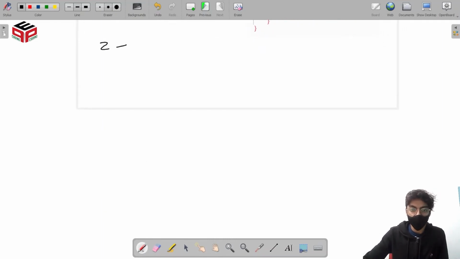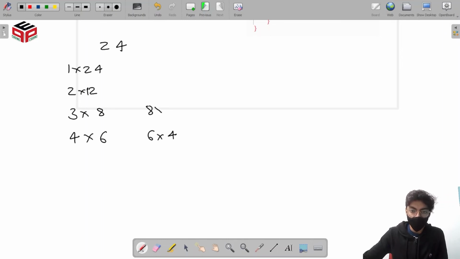Say we have 24. Factors are 1 into 24, 2 into 12. I mean, it's factors, not just prime factors. Factors are these: 3 into 8, then we have 4 into 6, then we have 6 into 4, 8 into 3, 12 into 2, and 1 into 24.